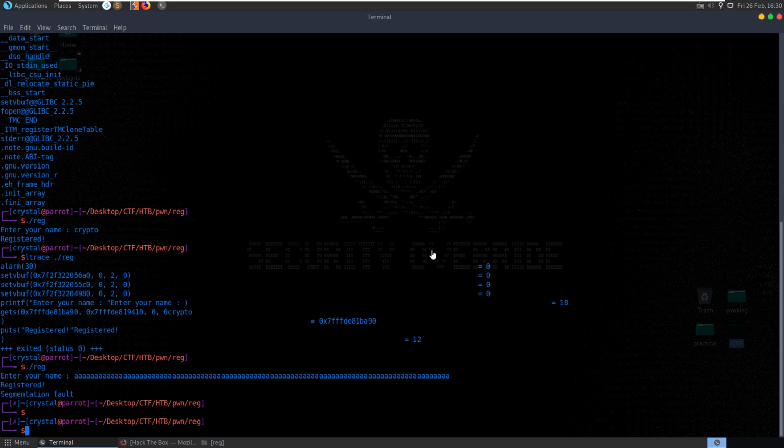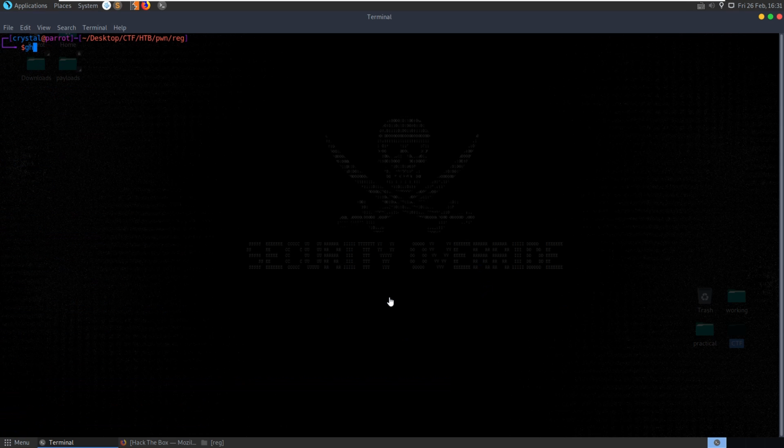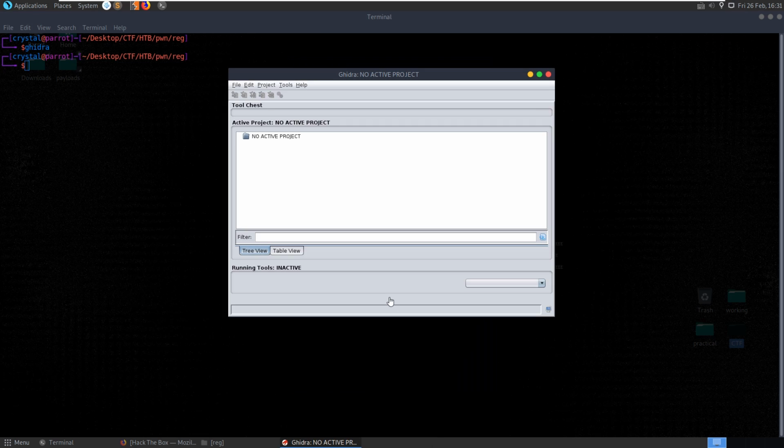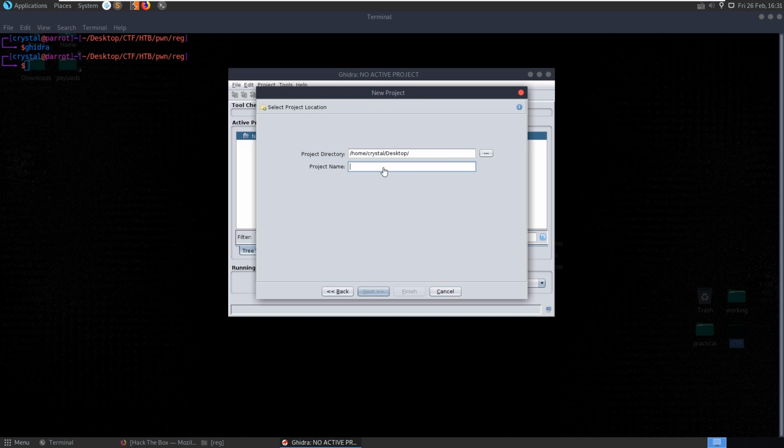So we could disassemble it, or we could try and use something like Ghidra to actually decompile it, Ghidra or IDA Pro or something like that, Binary Ninja, whatever. So just quickly, I'll create a project here. This isn't really necessary, but why not cover as many things as possible. We'll create a project called reg,